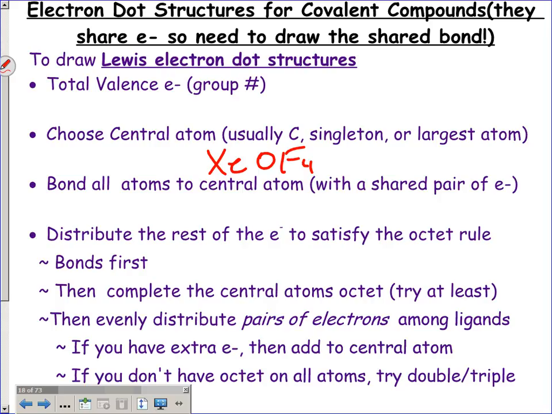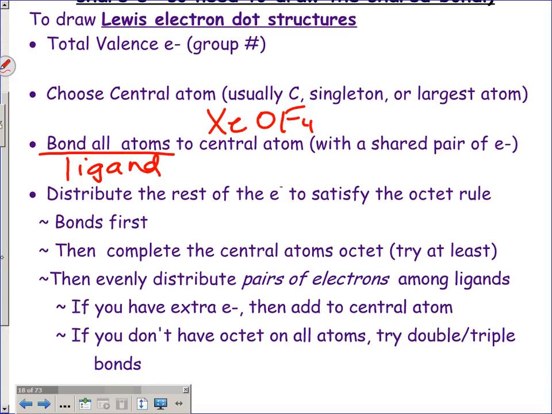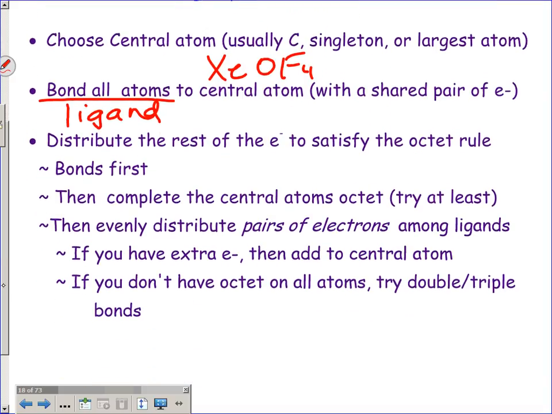Okay, so once you've created your central atom layout with your atoms around it, when we bond all the atoms to it, I kept calling them legs, like, you know, add a leg here, here, and here. The term truly is ligand. Let's just think of it as an attachment. And as you're going, you're then going to make sure everybody has octet. However, the octet rule is like only 50% of the time followed. It's really a guideline. You're going to have some things that have less than octet and some that can expand octet. And the rule of thumb is less than octet are things that are smaller than,